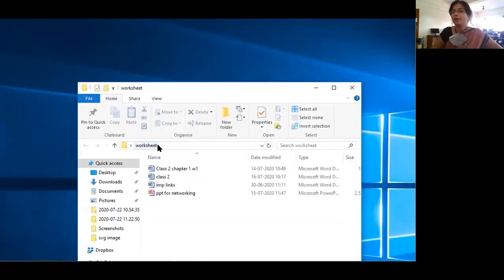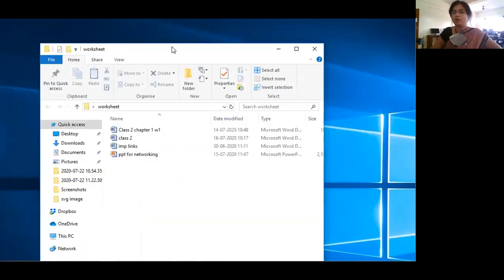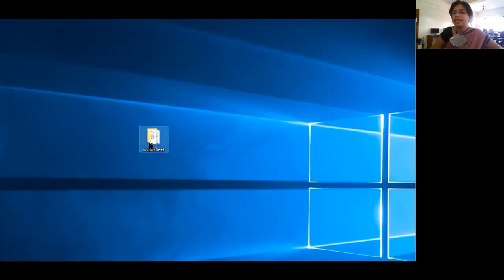I will just drag the pointer to the worksheet. If I do a single click, see, now it got selected. With a single left click, this particular worksheet got selected. If I want to open it, I have to do a double click on it. I'll click outside and then do a double click. Children, I'm doing the double click together. See, now it got opened, right? If you want to open any file or folder on your desktop, you have to do a double click. If you want to just select it, I have selected it, so it is just getting selected.